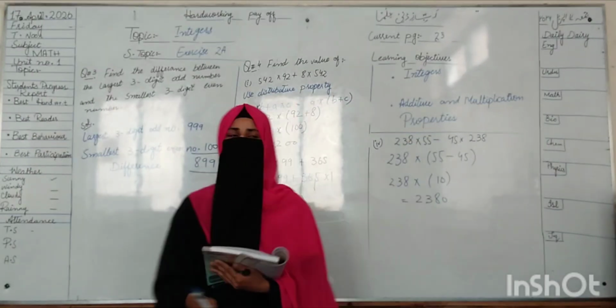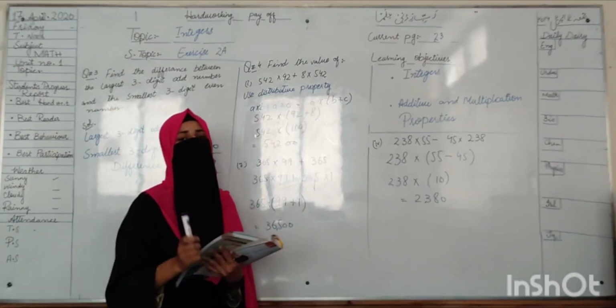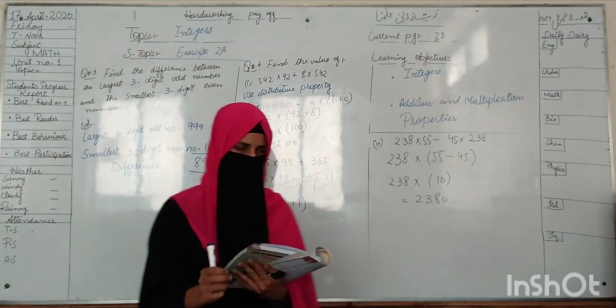So let me see question number 4, in which we have to use the distributive property, in which we take common and then we multiply this value. According to